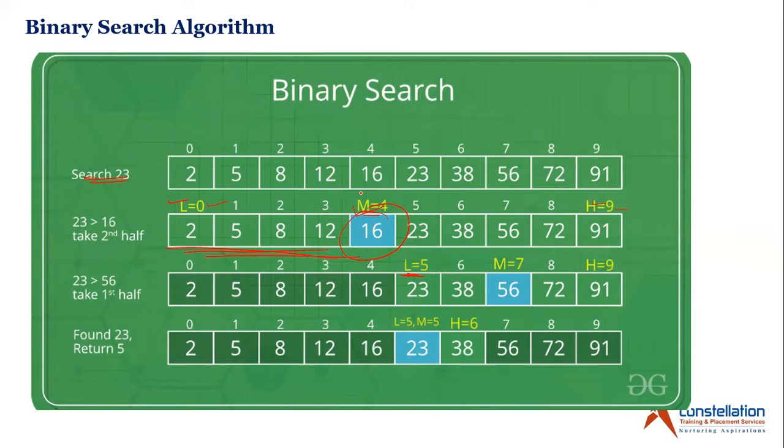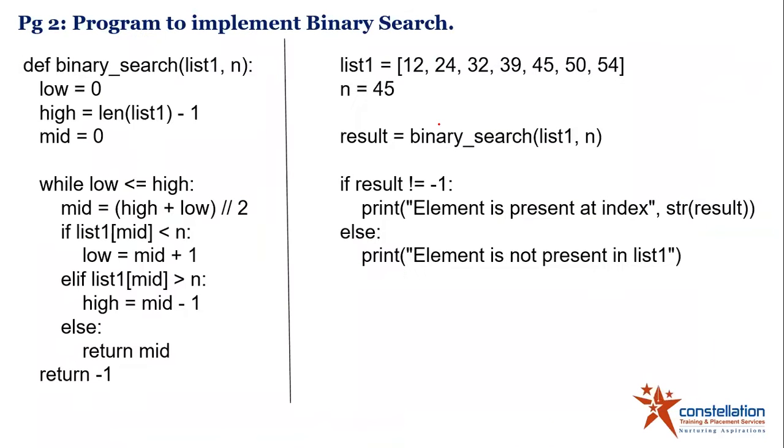And this is what we keep on repeating till we find the element. The loop, as we said, will run as long as your low value is less than or equal to high. As you can see over here, while low is less than or equal to high, this is the condition. Then you define the middle element, then you check whether the middle element is less than it or greater than it. Accordingly, you change the value of low, or accordingly you change the value of high. If you have found it, then you return the middle element, because there only you are going to find it eventually. So this is what we do in binary search.